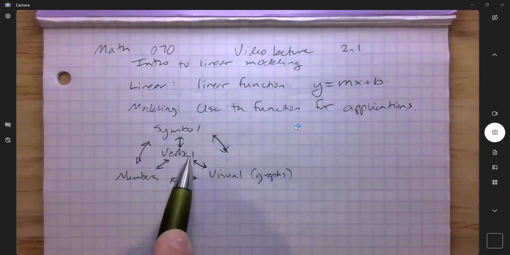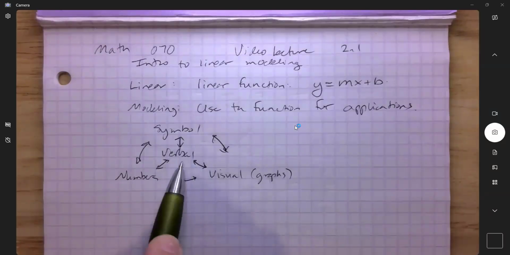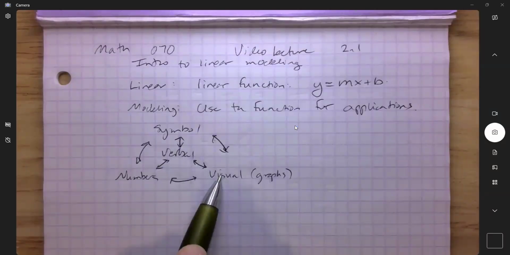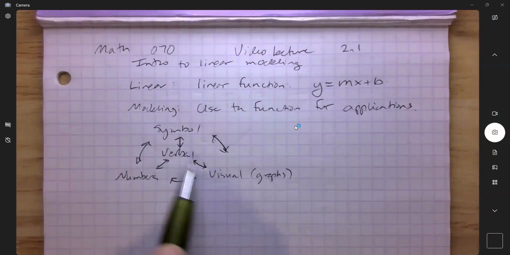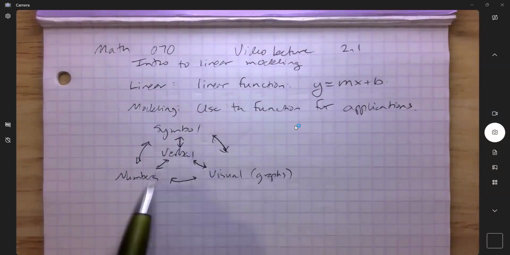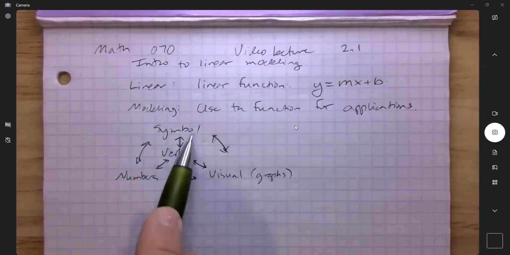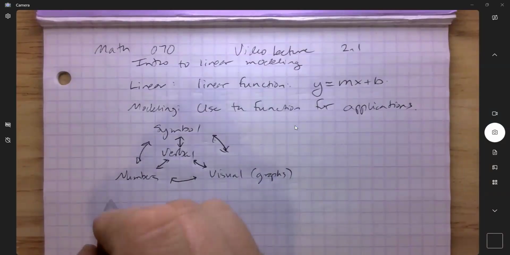We start with an explanation about a situation. And in order to understand it mathematically, we frequently end up in the symbol representation. But there are also times when we're given information about numbers or given information about graphs that can help us. And even when we're not given these, it's a good idea to switch to these to help us get to